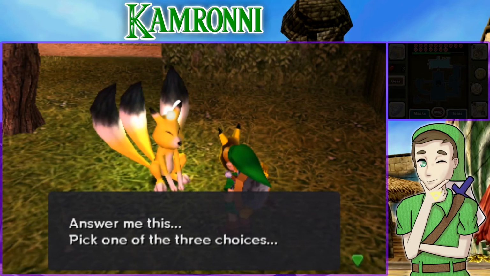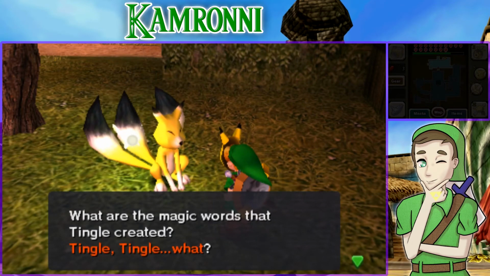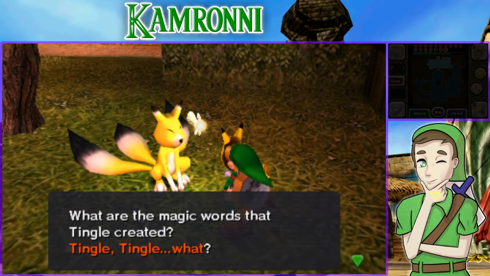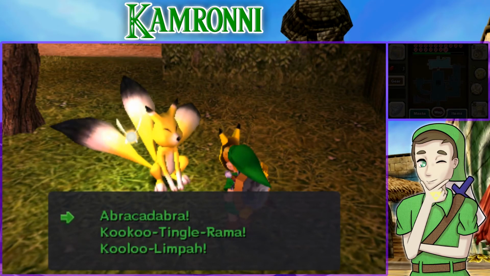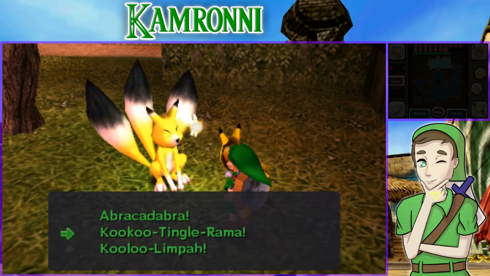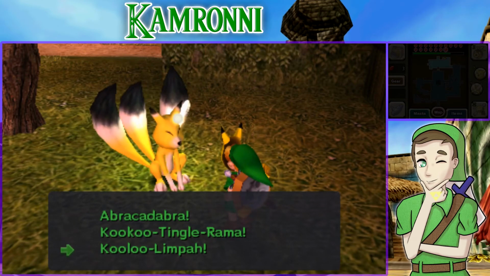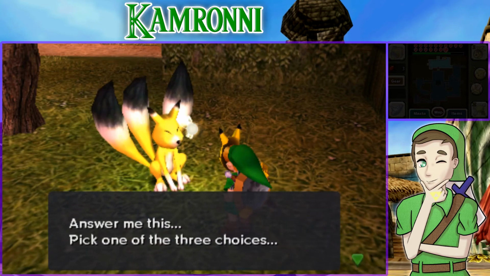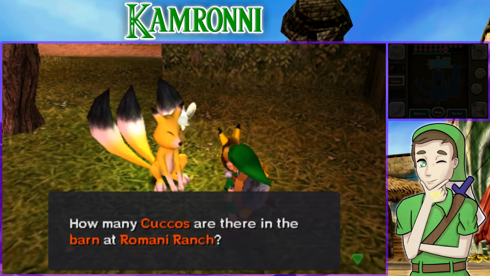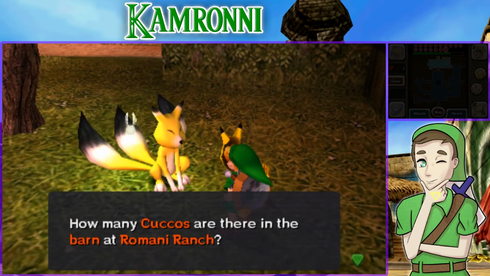Answer me this. Pick one of 3 choices. What are the magic words that Tingle created? Tingle, tingle, what? Abracadabra, Cuckoo, Tingle, Rama, Kululimpa. Answer me this. Pick one of 3 choices. How many cuckoos are there in the barn at Romani